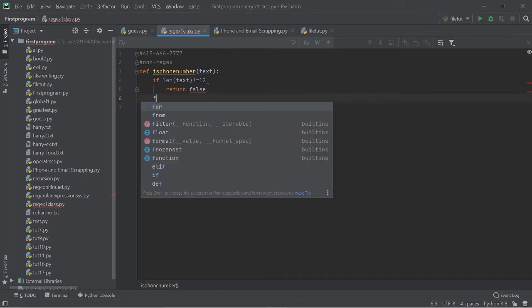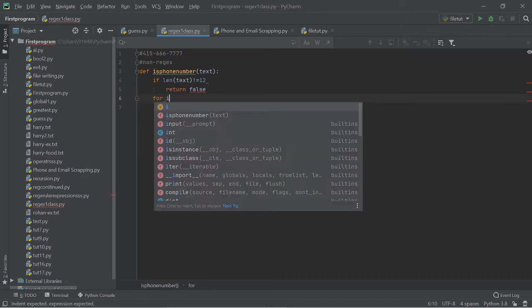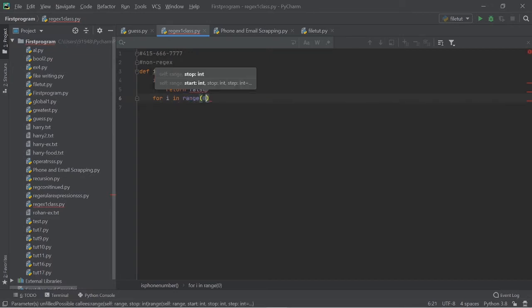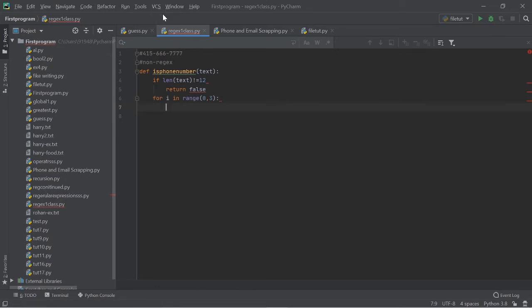Then for i in range 0 to 3, it checks the first three digits, starting from 0 to n minus 1, that is 2. 0 means the first occurrence, and then 1 and 2. It checks up to 415.